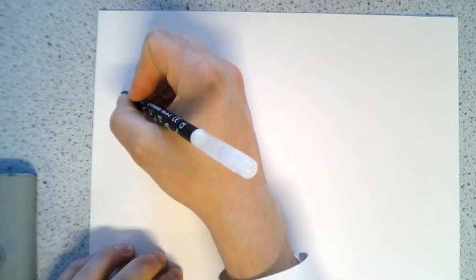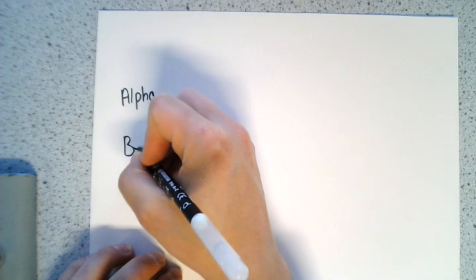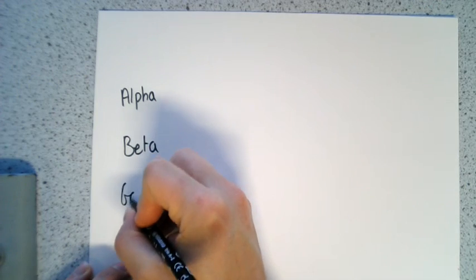Okay. So, 3 types of radiation. I'm going to go to black again for this because I'm going to draw a table. There's 3 types of ionizing radiation that you need to know about. There's alpha, there's beta,